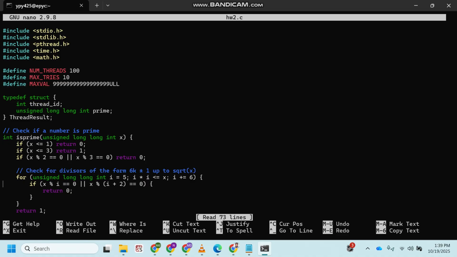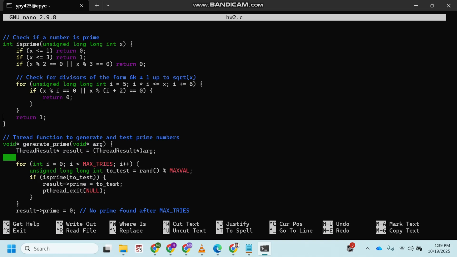After 2 and 3, the next potential divisors are 5, 7, 11 or 13. And if we find any divisor, we return 0. If we make it through the loop without finding divisors, the number is prime and we return 1. So, next